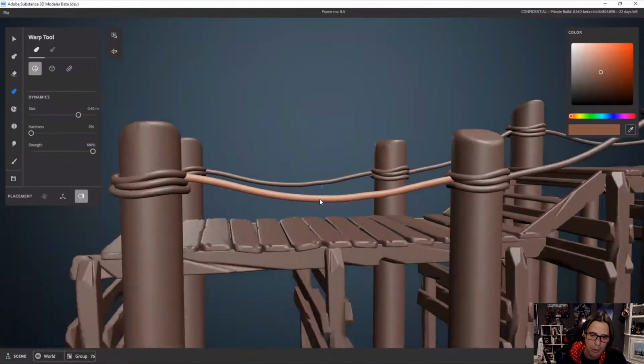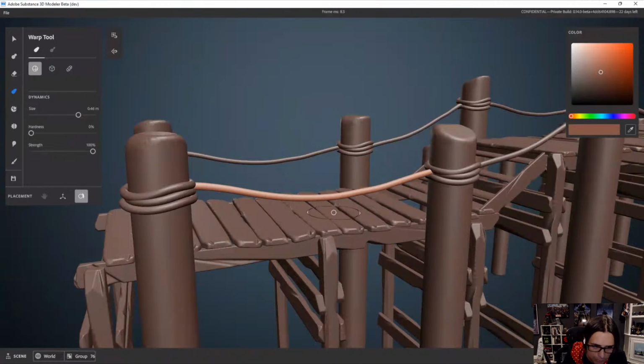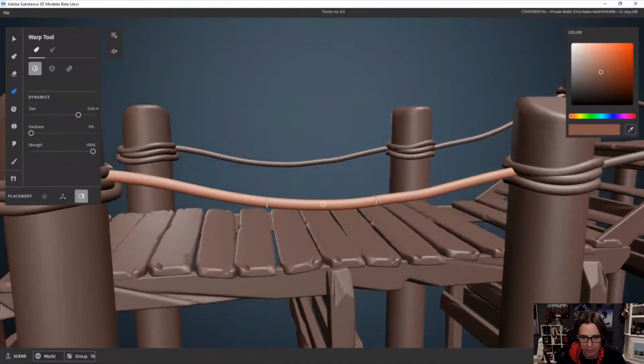It's one of the things the guys always say at work: it truly is like you're just working with real clay. It's like if I had some Play-Doh and I just ripped it in half, and now I've got these two pieces. But the way I like to work with stuff like this is I'll use my mouse,